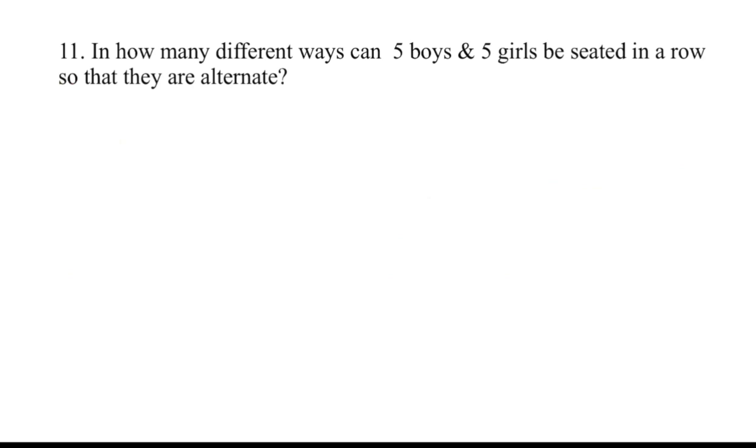Now in the previous problem there were 4 boys and 5 girls. Now they are equal, 5 girls and 5 boys. Okay. So 5 boys and 5 girls can be arranged in how many ways? See here, 1, 2, 3, 4, 5, 6, 7, 8, 9, 10. So if I begin with a boy, it is alternate places they can sit. Now girls will be here,